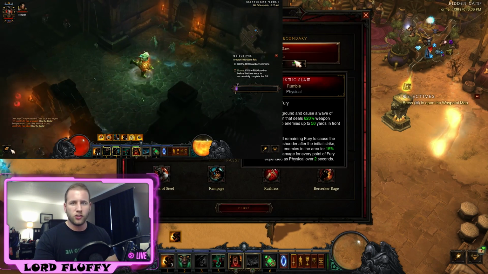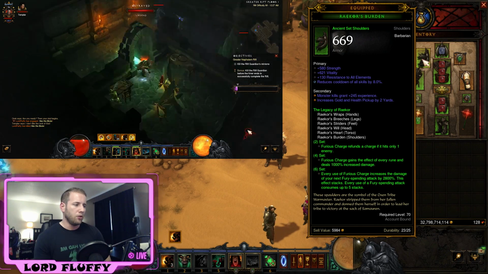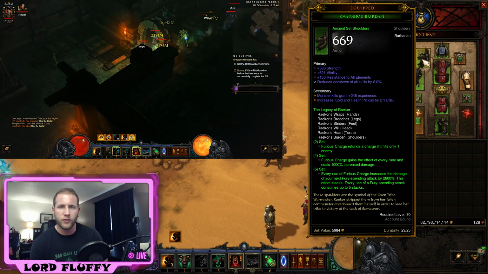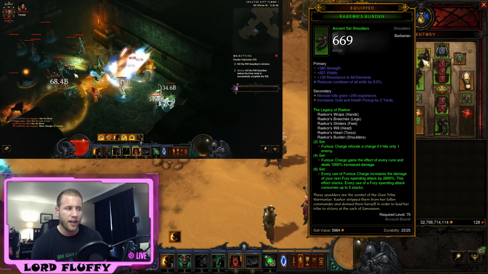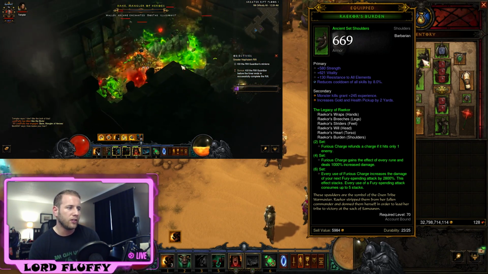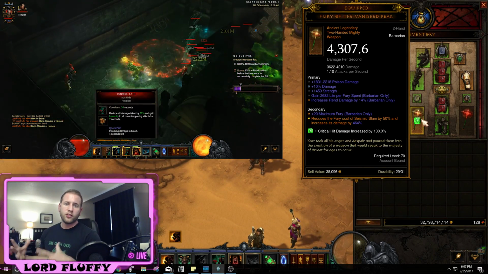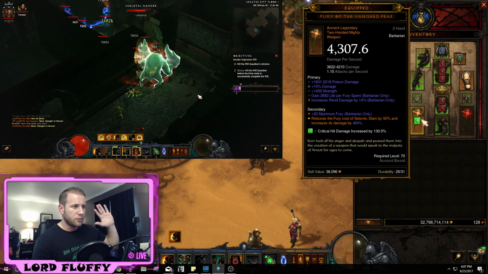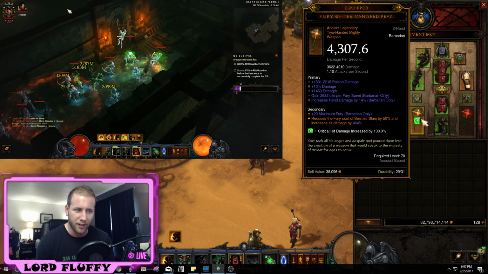So how are we going to juice up Seismic Slam? We are running Raekor's 6-piece, as we said, and the 6-piece says every use of Furious Charge increases the damage of your next Fury spending attack by 2800%. This effect stacks. Every use of a Fury spending attack will consume up to 5 stacks. The goal is to charge 5 times, get 5 stacks, and spend those 5 stacks to get a 14,000% damage modifier on